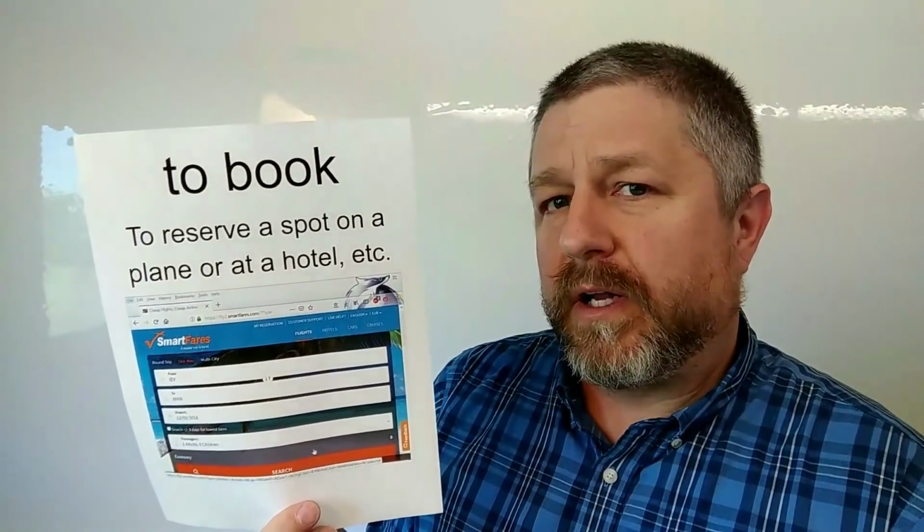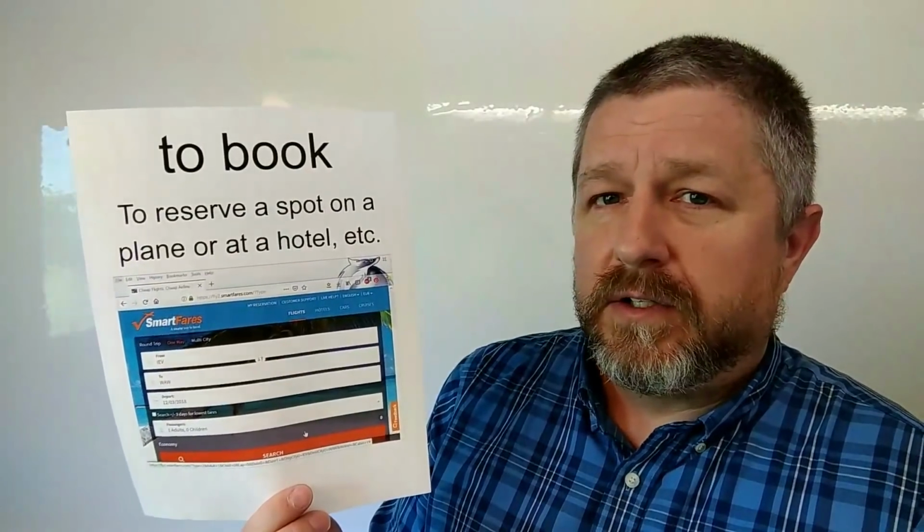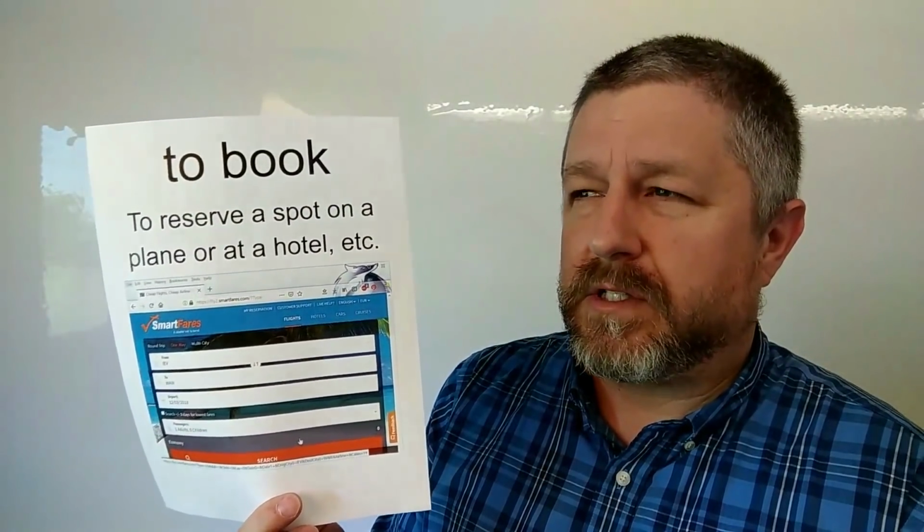Sometimes you will plan the trip yourself. Many people plan trips themselves, and they'll just take care of it online. So when they go to book tickets on a plane, or to book a hotel room, this is to reserve a spot on a plane or at a hotel. So if I go on a trip, before I go on the trip, I need to book a flight. So I need to book with an airline so that I have a ticket. So when you book something, it means to buy or to reserve. And you also need to book a hotel room. So you need to call a hotel to get a room if you're staying at a hotel, but you aren't necessarily staying at a hotel.